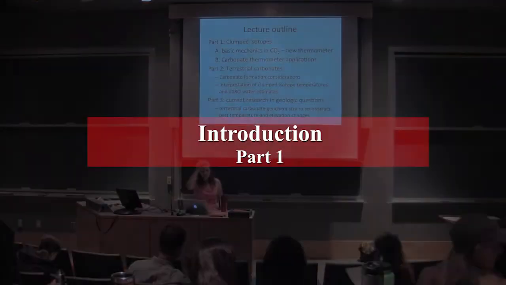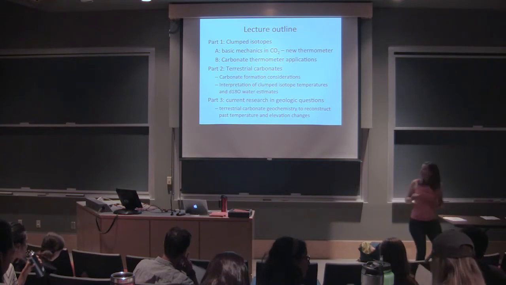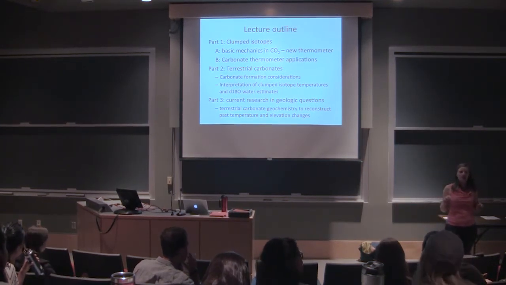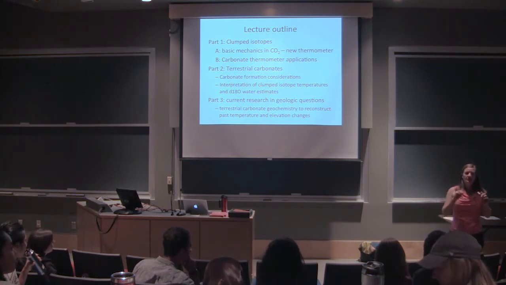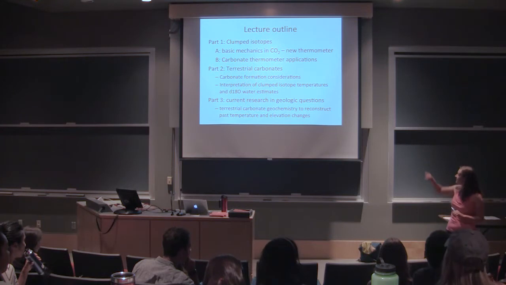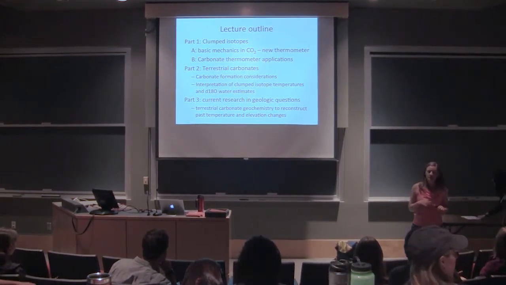I'm going to talk about, I kind of divide it up into 3 parts. We'll dig in part 1 just on what do we mean by clumped isotopes. The most common application right now is for thermometry. I'll briefly mention a few other things when we talk about other applications. But what I want to dig into is the mechanics of how clumping works, why you might use it for